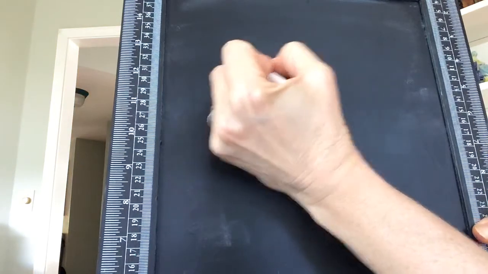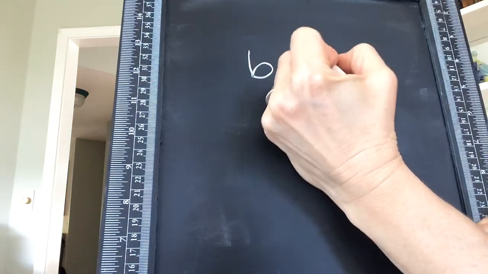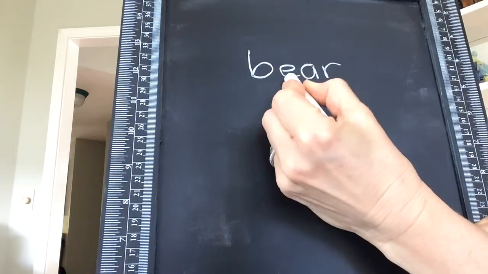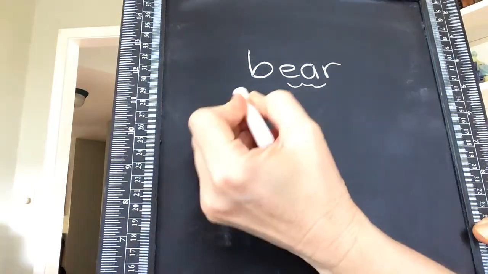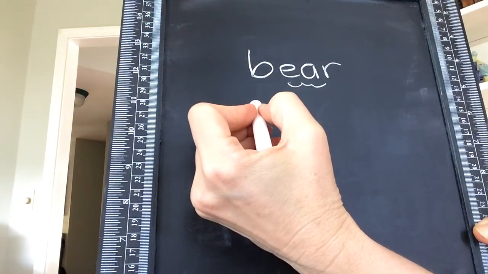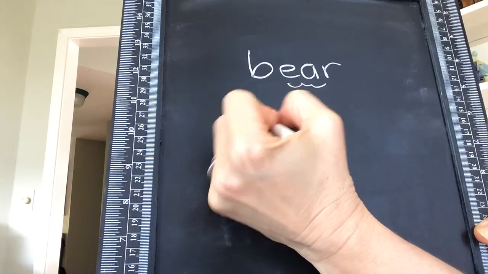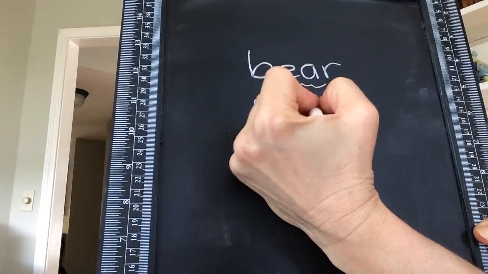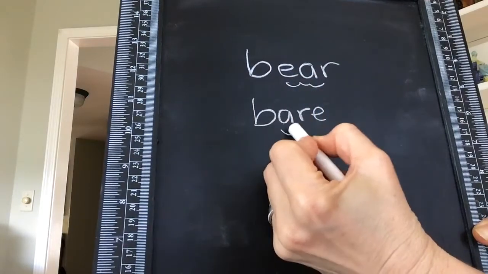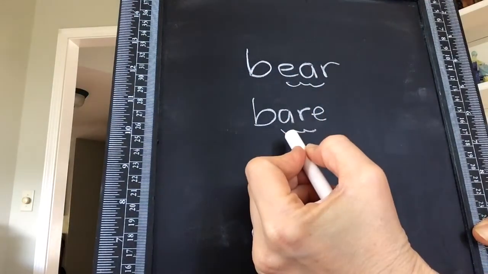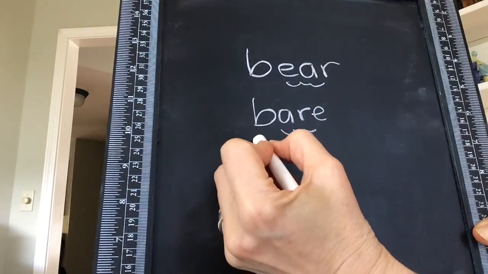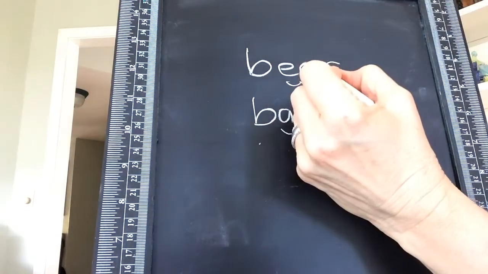You could have the word bear, like I was in Yosemite and I saw a bear. This is spelled B-E-A-R. Or you could say, I went to the cabinet and it was bare, meaning there wasn't any good food in the cabinet to eat. That's B-A-R-E. Or I can't bear it any longer. That actually might be spelled